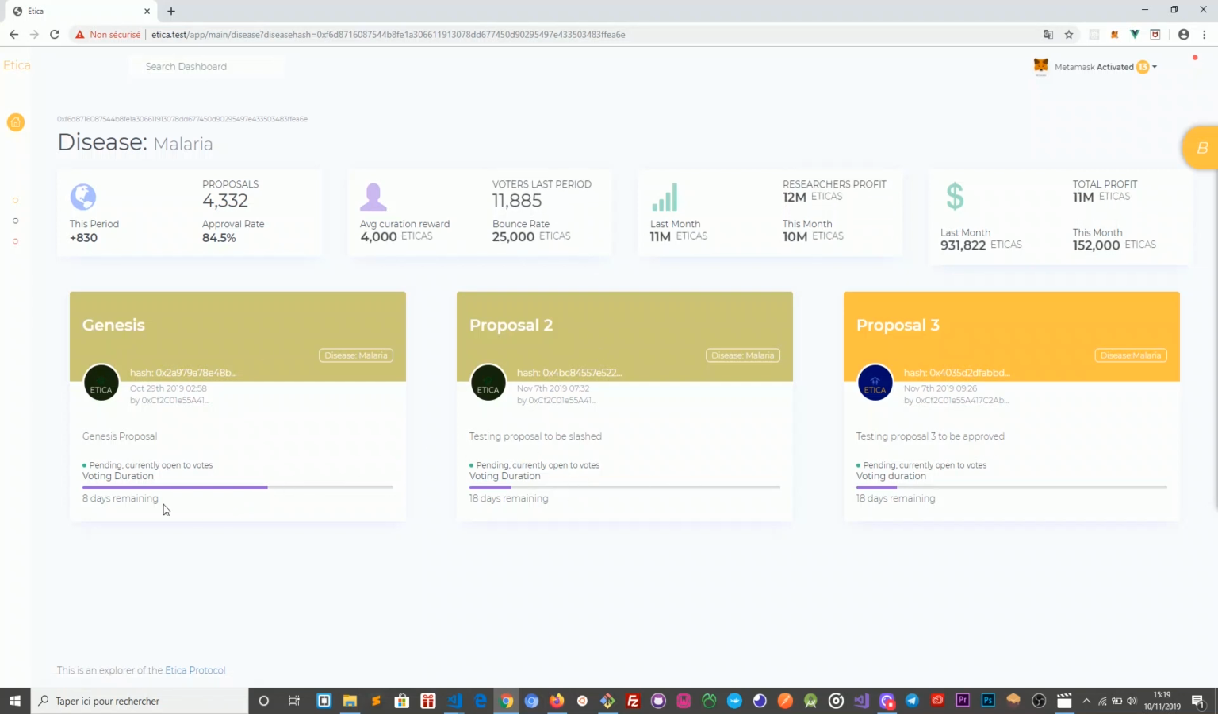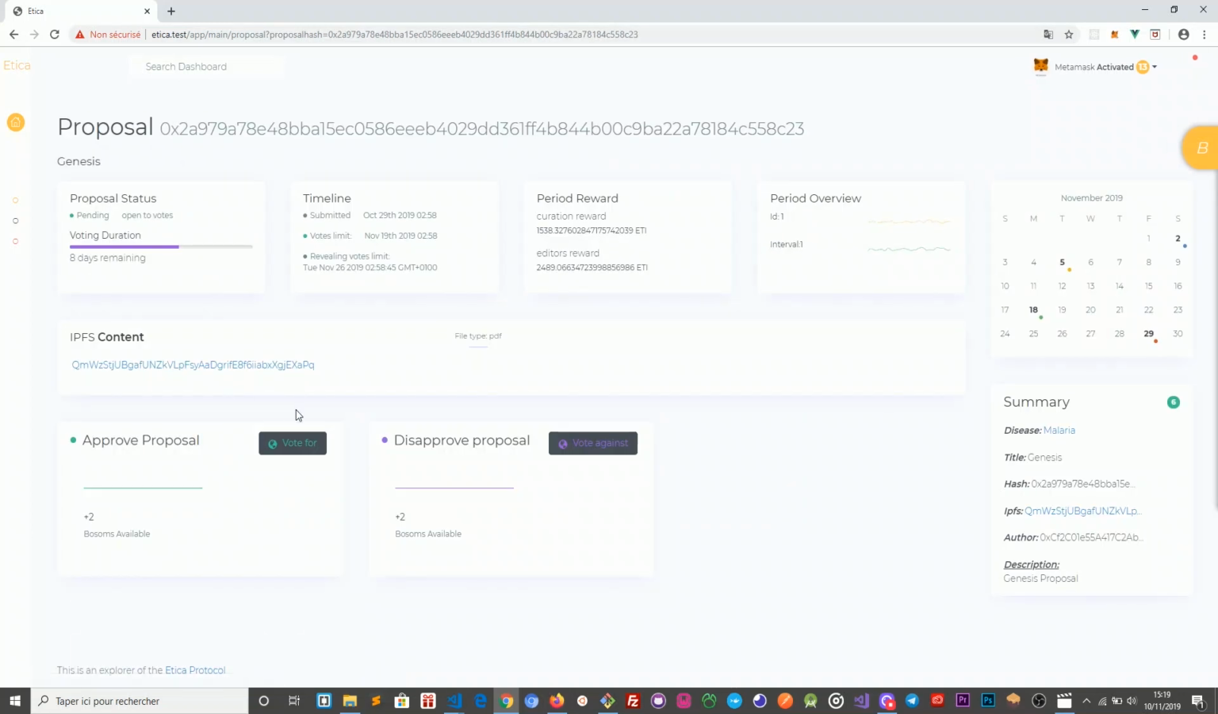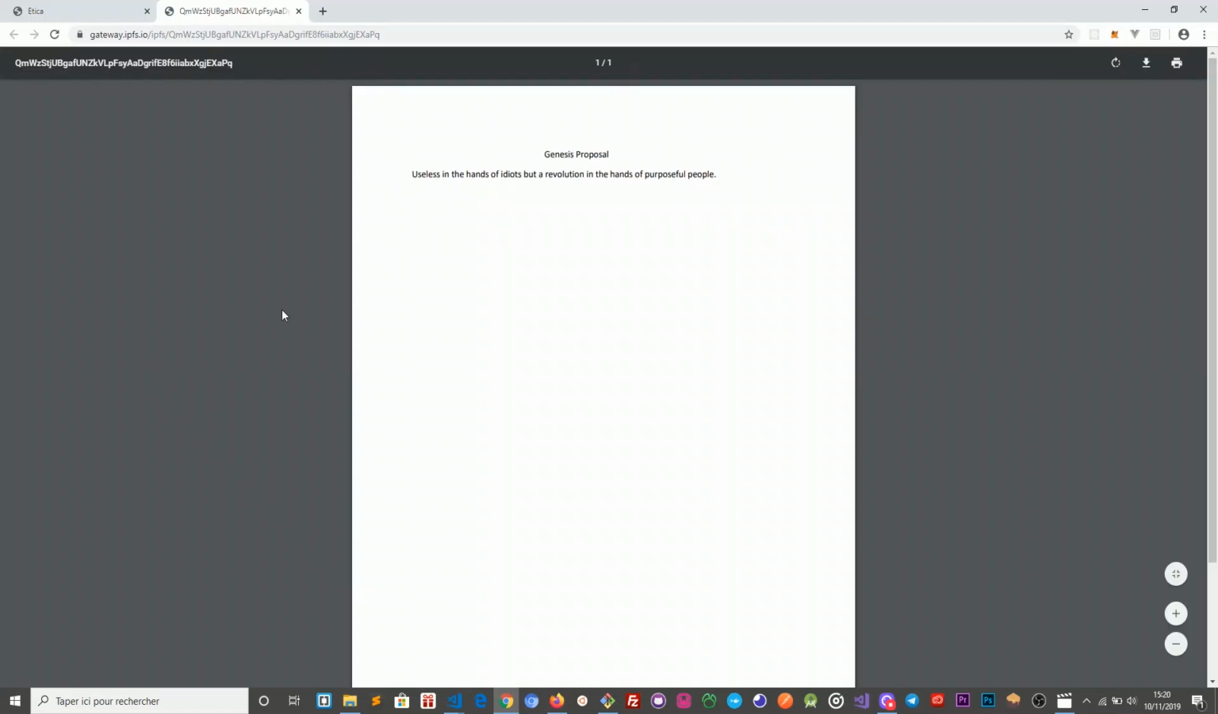You can see the voting stage of the proposal. If I enter a proposal, right now I can see the voting duration, the timeline, and the curation rewards, editor rewards. I can see the IPFS content. This is very important because the IPFS content, if I click on this, is actually the content of the proposal. Right here you see it's just a PDF file, so it's not very proficient, but the PDF file,